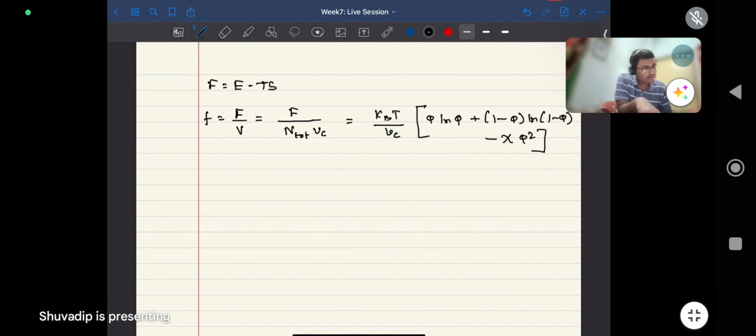And now, as we have already discussed, in the free energy density we are only interested in terms which are of the order of phi squared or greater, because we are only interested in f double derivative. So only if the power of phi is 2 or greater will it survive in the double derivative. So here we are going to do a trick. We will add one term here which is chi phi. It doesn't matter in the free energy because it is a first order term. We are interested in the double derivative, so we are adding this extra term which will make the expression of free energy density a little bit more